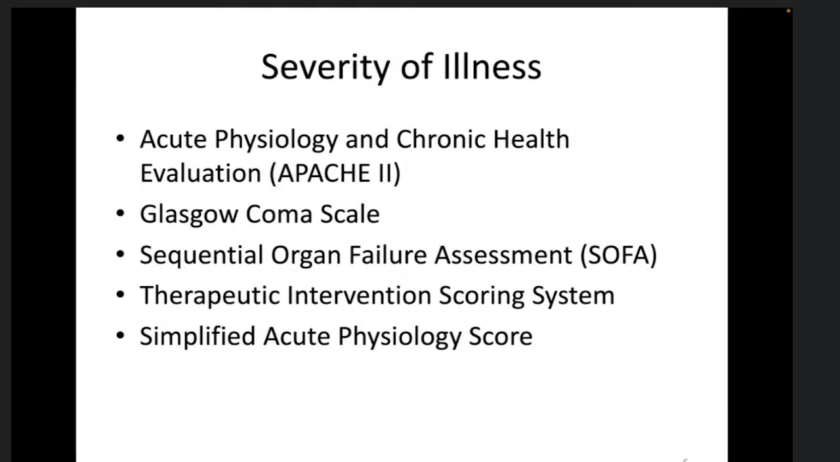of the illness lah ataupun condition. Okay. Acute physiology and chronic health evaluation, Glasgow Coma Scale, sequential organ failure assessment, therapeutic intervention scoring system, simplified acute physiology score. So biasanya all these tools is specific for critically ill patient in ICU settings because dia punya parameter tu involve